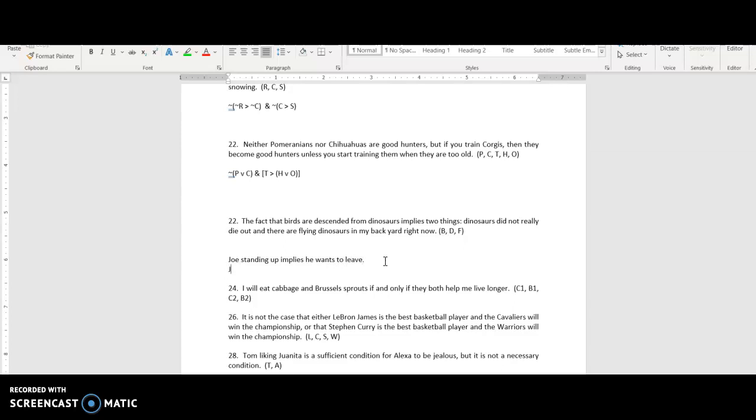That means basically if Joe stands up, then he wants to leave. So if something implies something else, that's a sort of if the first thing happens, then the second thing is going to happen. So it's really a disguised if-then sentence. So if A implies B, that means if A, then B. If Joe standing up implies he wants to leave,